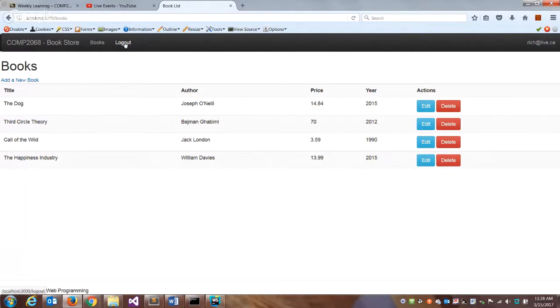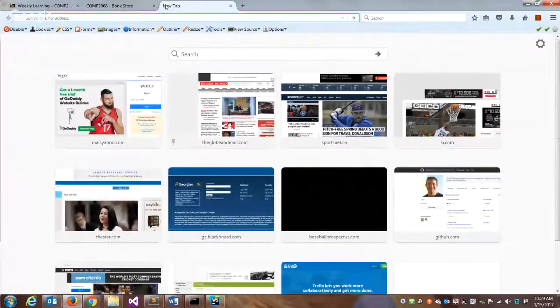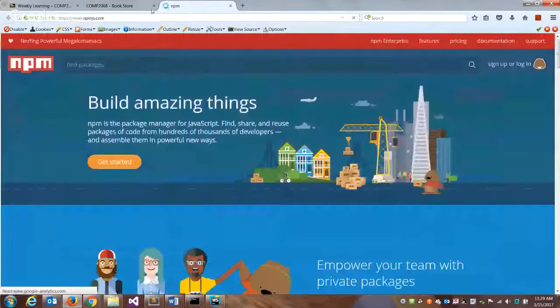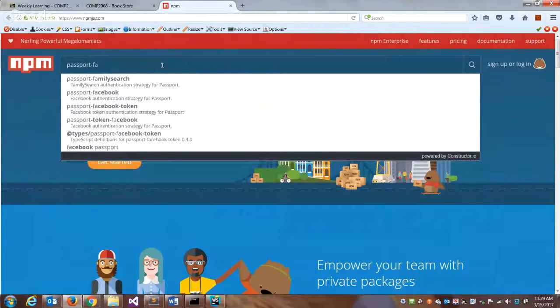So what we want to be able to do is also log in. We'll start with a Facebook login. So what we can do is I can just pop over to NPM. And if we look here for Passport Facebook,